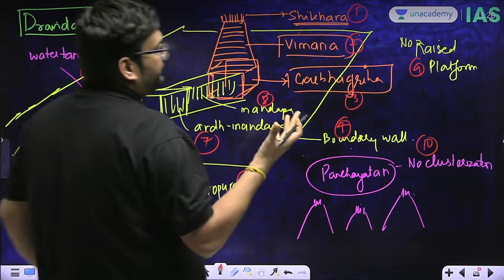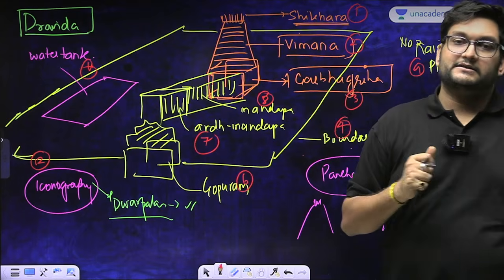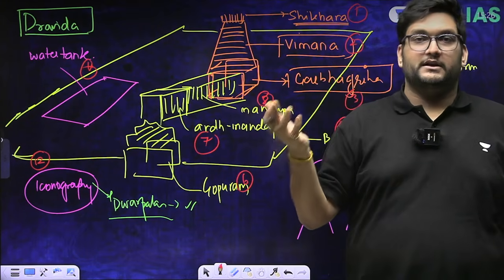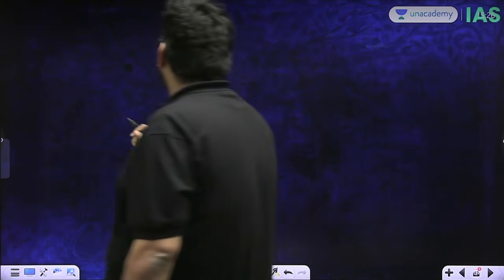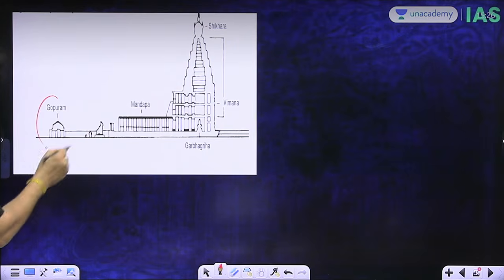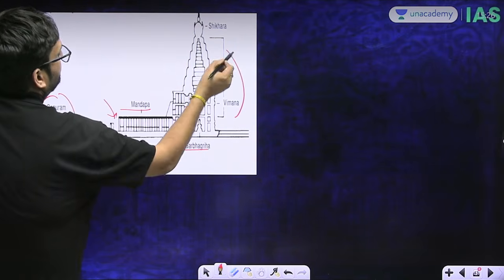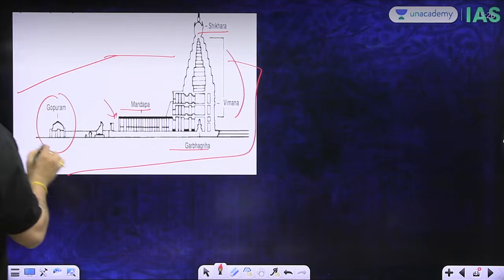So again, 12 features there, 12 features here. This is basically what a Dravida style temple is known for. You have to make this again in the corner of the answer, and this is what is important. So when we talk about Dravida: Gopuram, Mandapa, Ardhamandapa, Garbhagriha, Vimana, Shikhar, a very big boundary wall around it, and